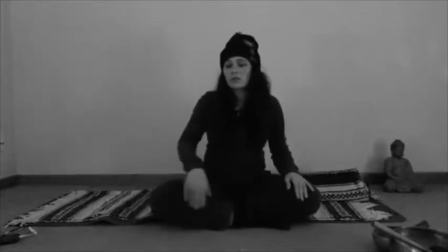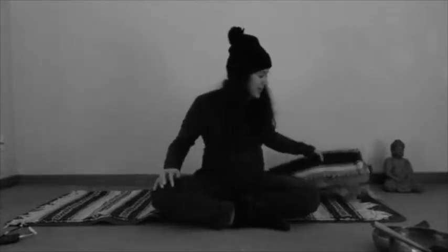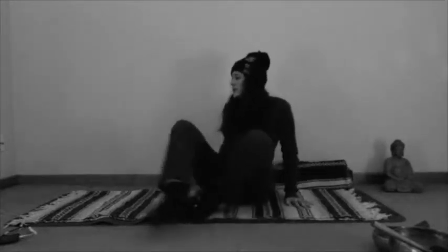And then as you're ready, start to make your way into your final resting shape. I have to itch my face, but I won't touch it. There we go. In your final resting shape, that might look something more like Shavasana or corpse pose,